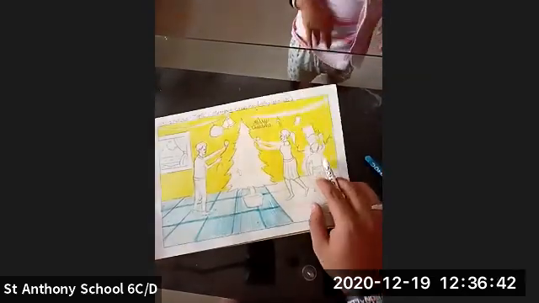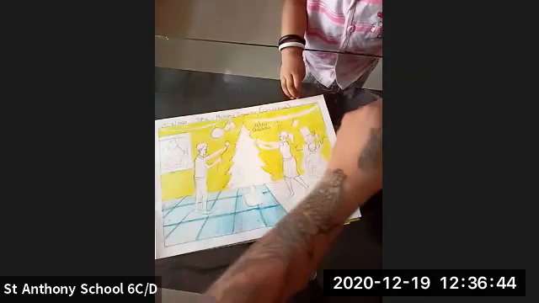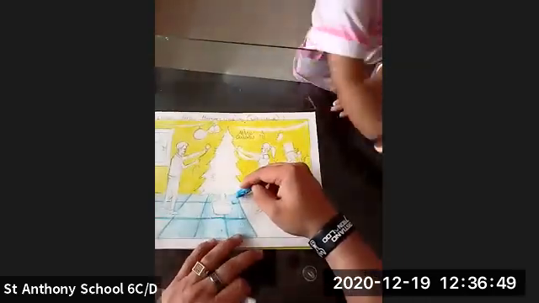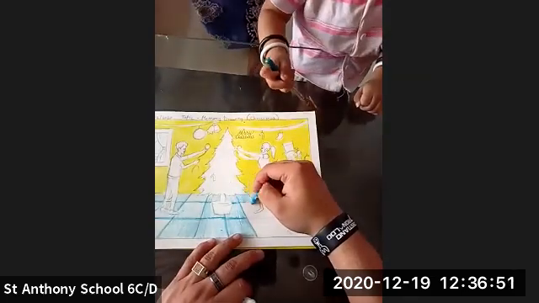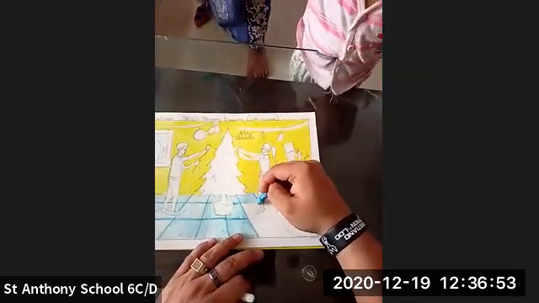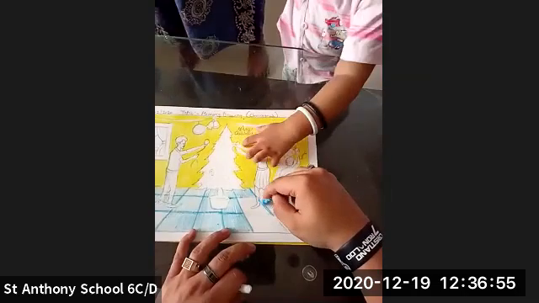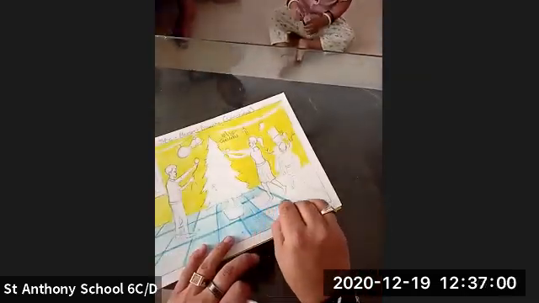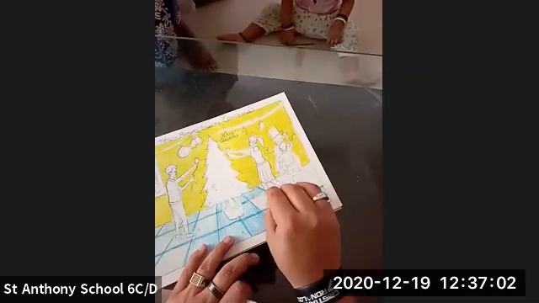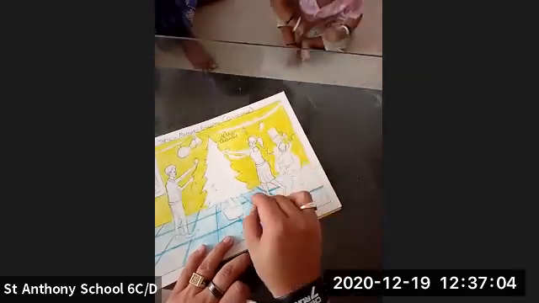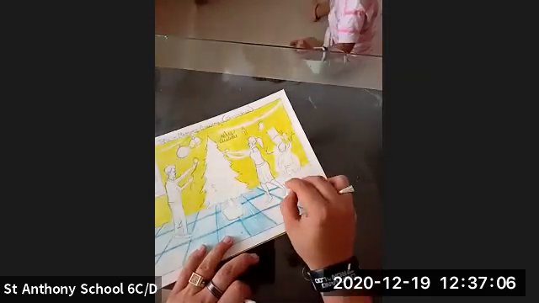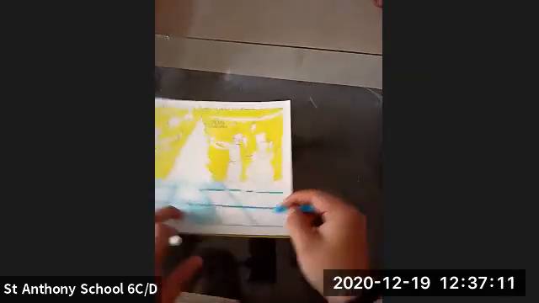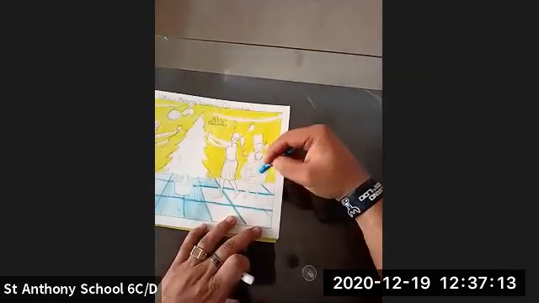So this is how you are going to draw the walls and the floor. So this is how you're going to do it. Just look at this.